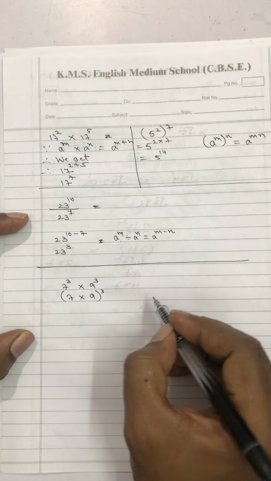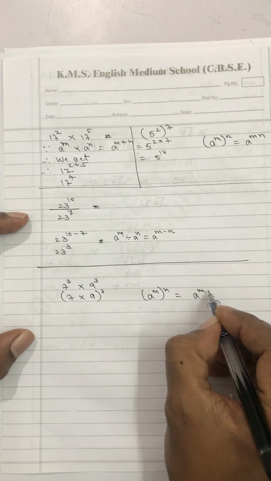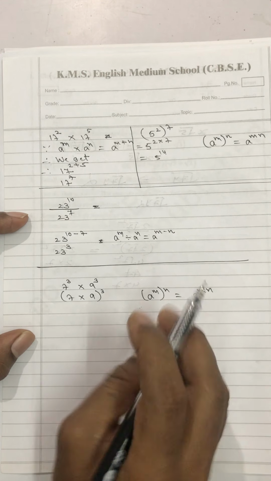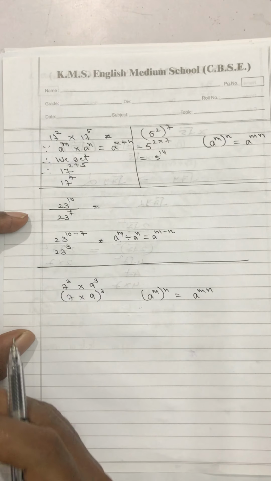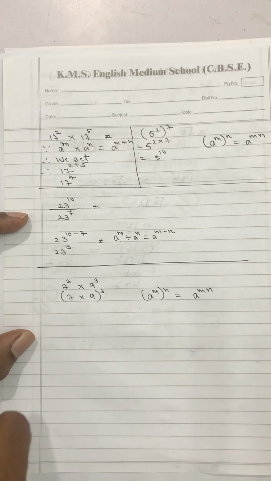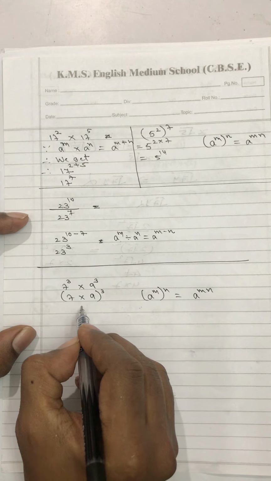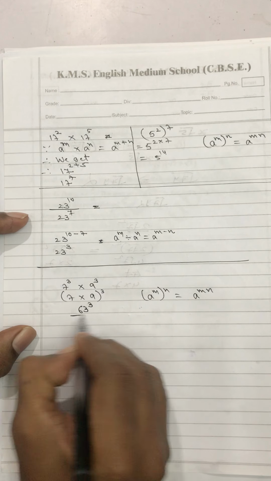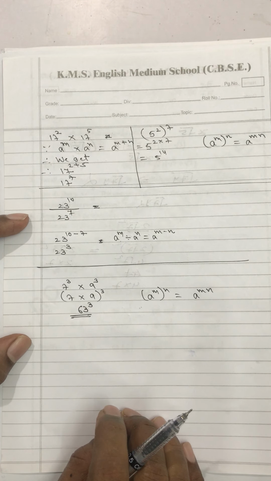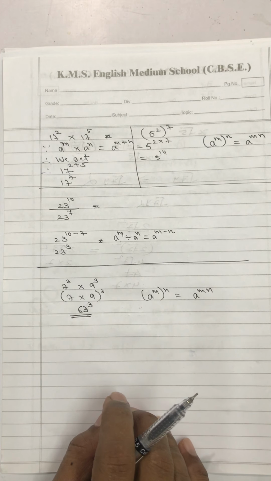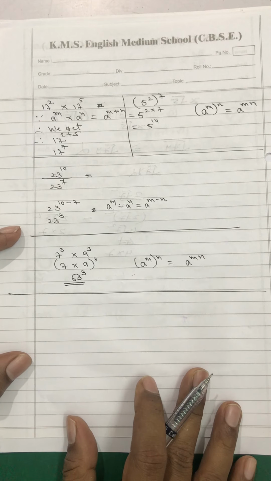Are you getting my point? Because a raised to the power of m into n is equal to a raised to the power of m, n. I am going reverse. After opening the bracket, the outer power will multiply with each and every inner power. Similarly, while forming the bracket, all the common powers will go outside the bracket. So this will become 7 9s are 63 cube. This will be your answer. So these are the ways that you have to frame them, that you have to answer them. Many questions will be there. Let me solve as many as possible so that you get enough.